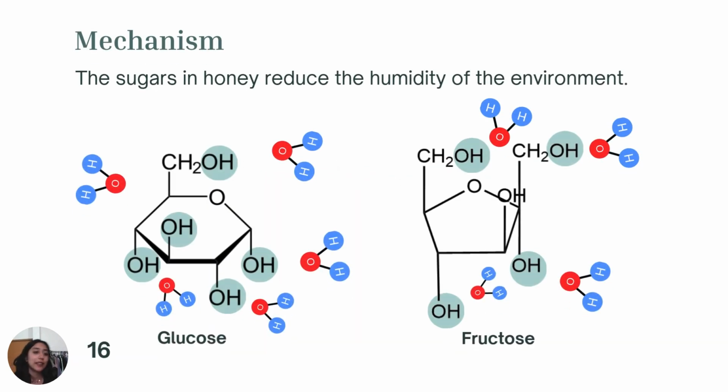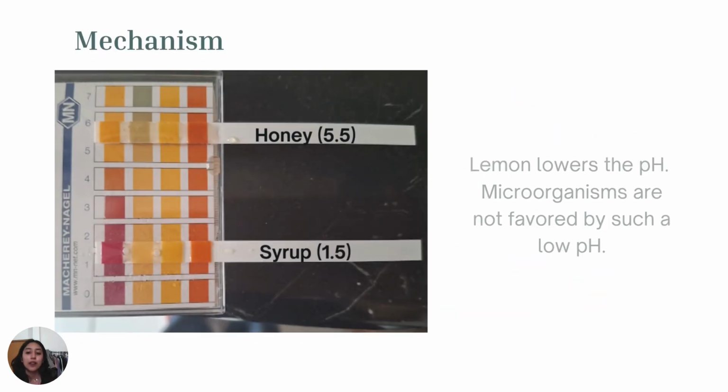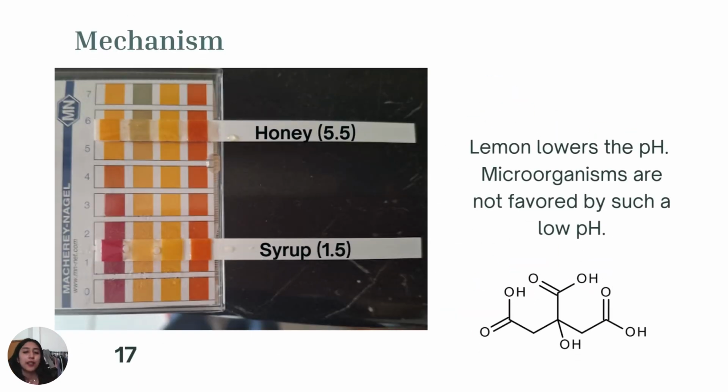I already said that the sugars are going to adhere the water molecules, and this is because in their structure they have hydroxyl groups that are able to make intermolecular interactions with these water molecules, and therefore they retain them. Then, going to the lowering of the pH, this is because of the citric acid, and here's a comparison of the pH that the honey had, and then our syrup with its value of 1.5, in which microorganisms are not